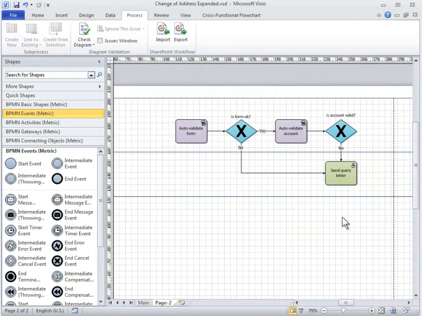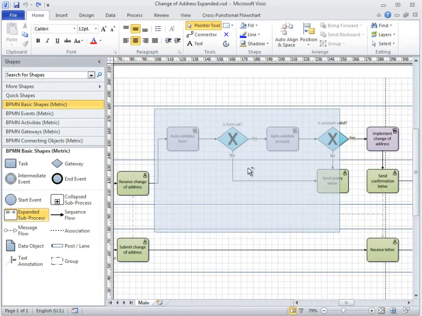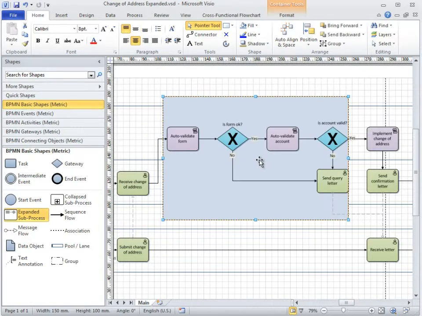So far, I've talked about collapsed subprocesses. You might have noticed that there's an expanded subprocess shape too. This shape is a container you can use when you want to leave a small subprocess on an overview, but still make it obvious that the steps form a unit. To add an expanded subprocess container, drop it from the Shapes window over the shapes in the subprocess. It doesn't fit quite right and it doesn't actually contain any shapes yet, but we'll fix that.